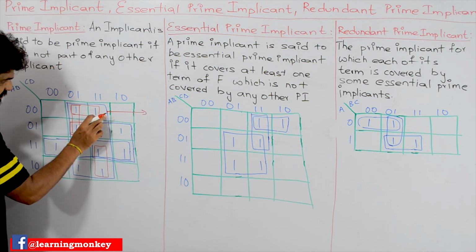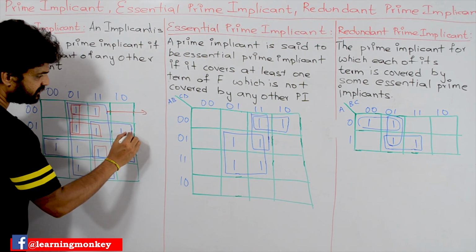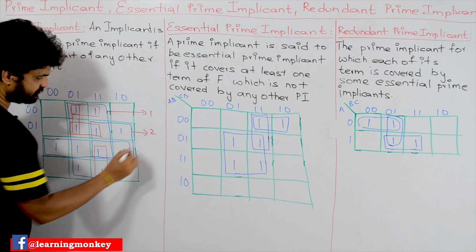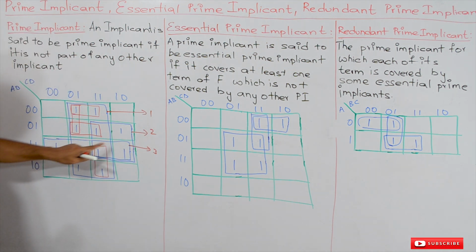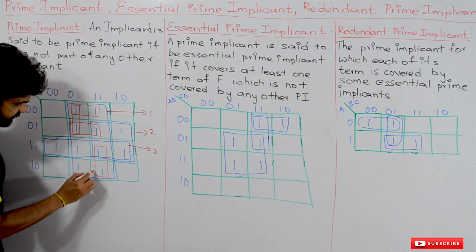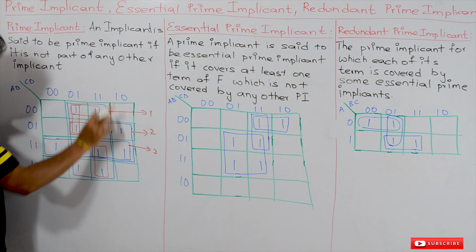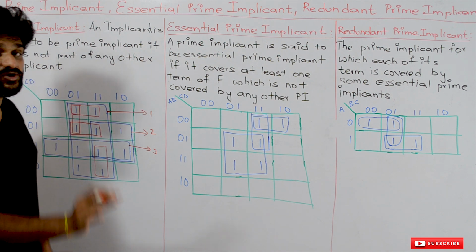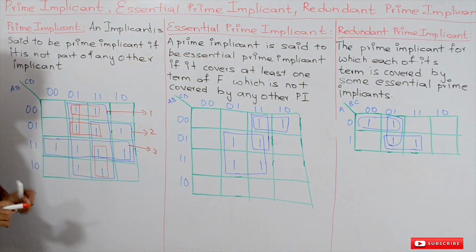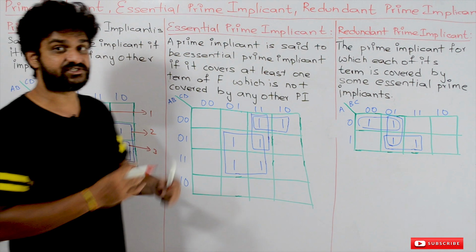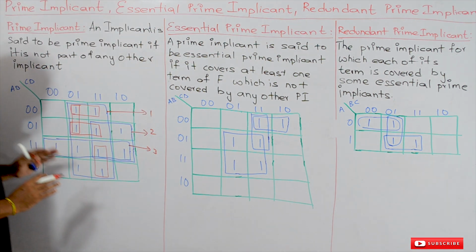See here, this is the implicant which is not embedded in another implicant. In the same way, this is the implicant which is not embedded in another implicant, and this is the third implicant which is not embedded in another implicant. But if you take this red implicant, this implicant is embedded in the big implicant. So such kinds of implicants are not prime implicants. That point is very important, so that is the reason why I am stressing it.